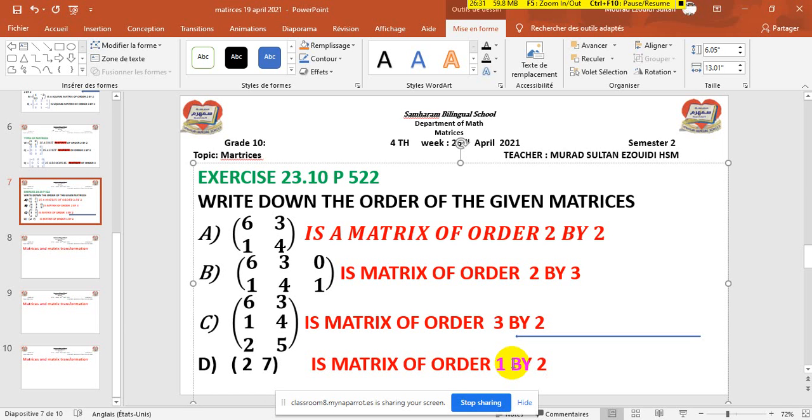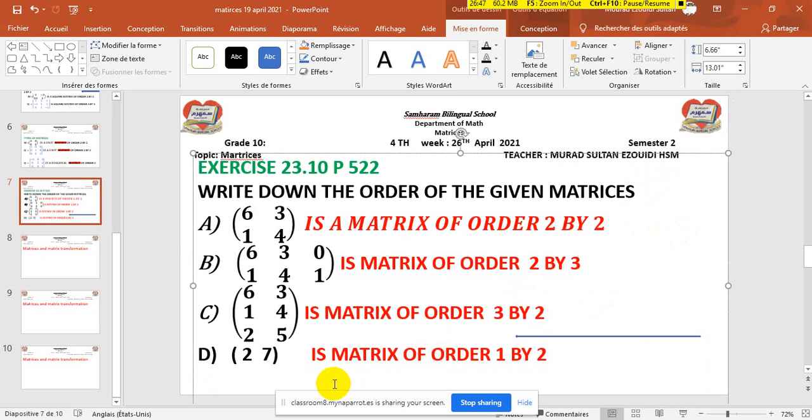The next, my daughters, it's very easy. For F is 1 by 1. For G is 2 by 1. Okay, I will just make correction here, no problem. I will make the correction here for exercise number 1. We told for E is what? E is 1 by 3. Then we have F.